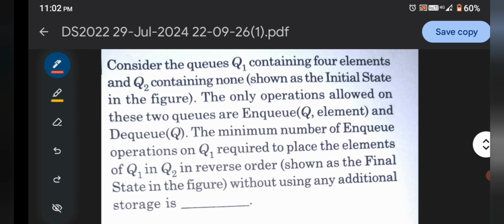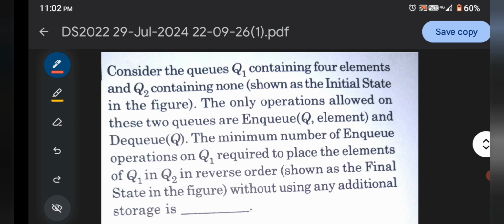Consider Q1 containing 4 elements and Q2 containing none, that is empty, in the initial state in the figure, which we already saw. Now the only operations allowed on these two queues are enqueue and dequeue. What is the minimum number of enqueue operations on Q1 required to place the elements of Q1 in Q2 in the reverse order shown in the final state, without using any additional storage?